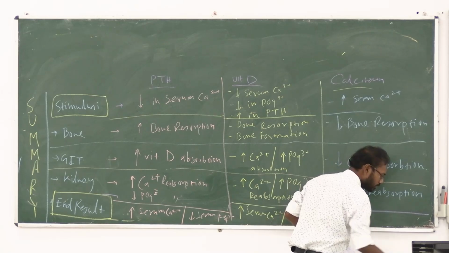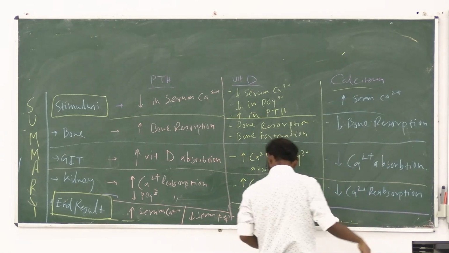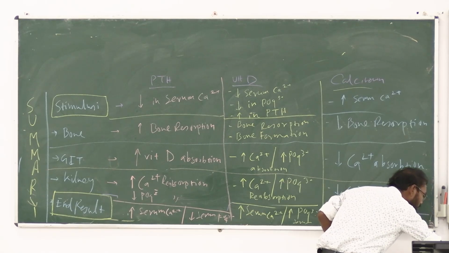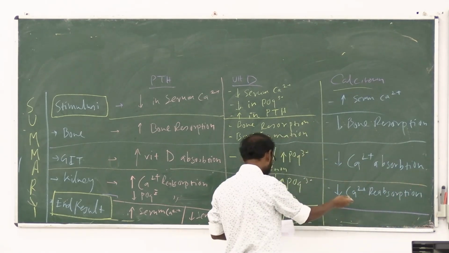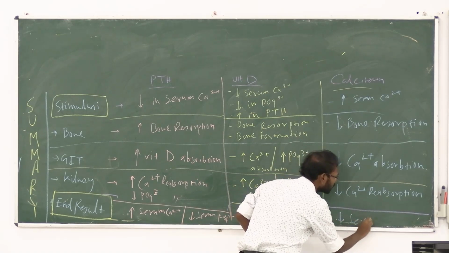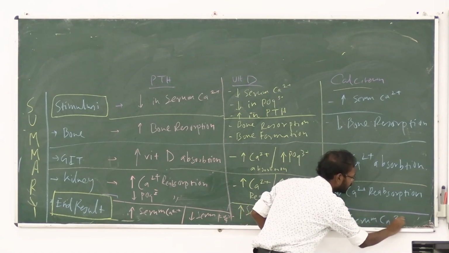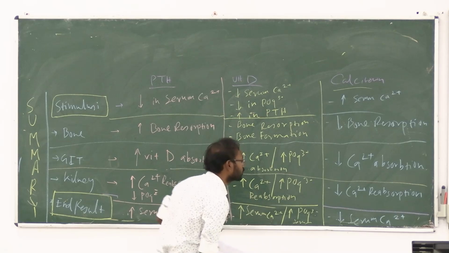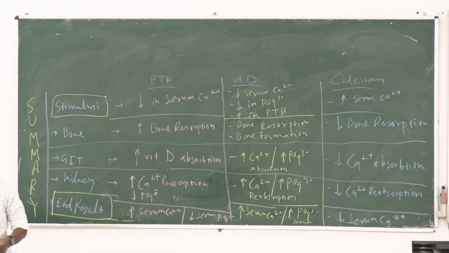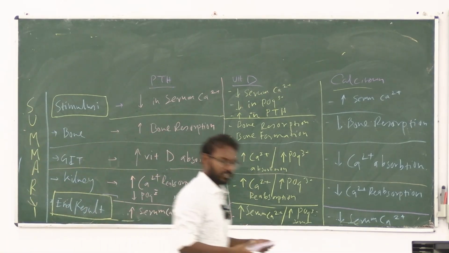Okay. So what is the end result? End result you all know, decrease in serum calcium, nothing more. So this is the summary of this chapter. Okay, চলো লেখো, লিখে এটা শেষ করো, কোনো কোশ্চেন থাকলে জিজ্ঞেস করো। ওকে।